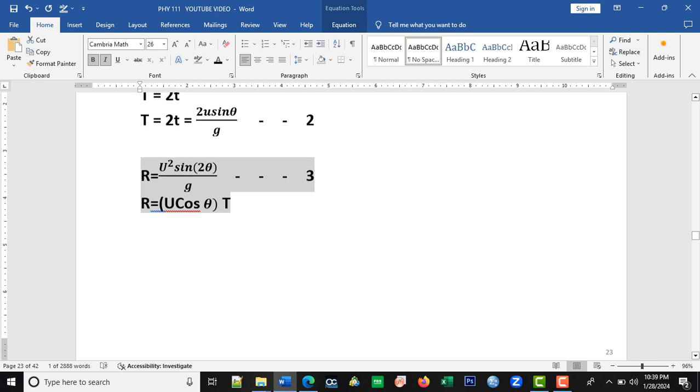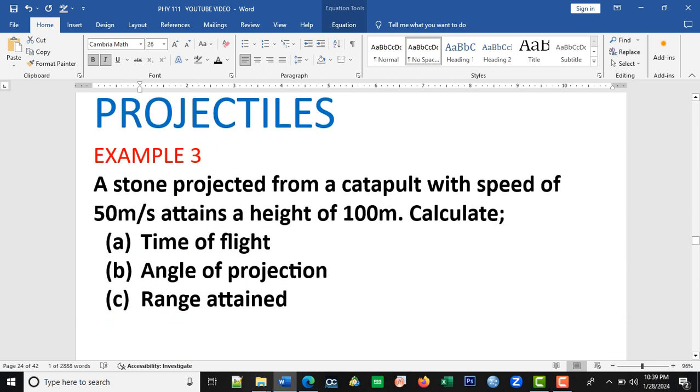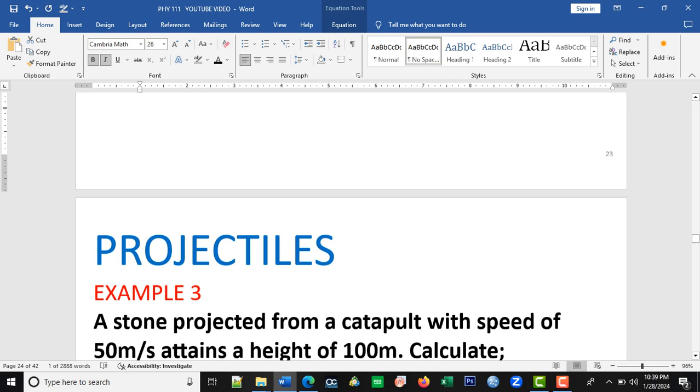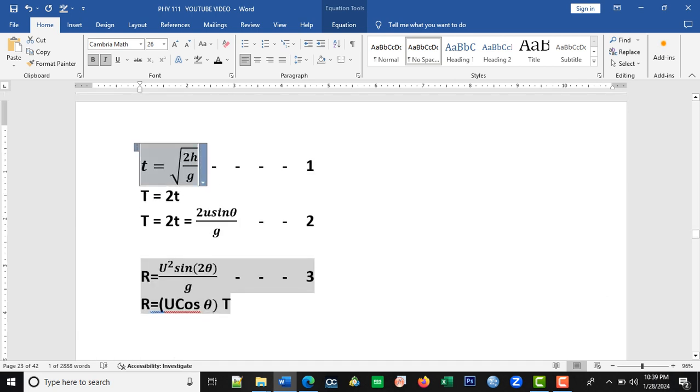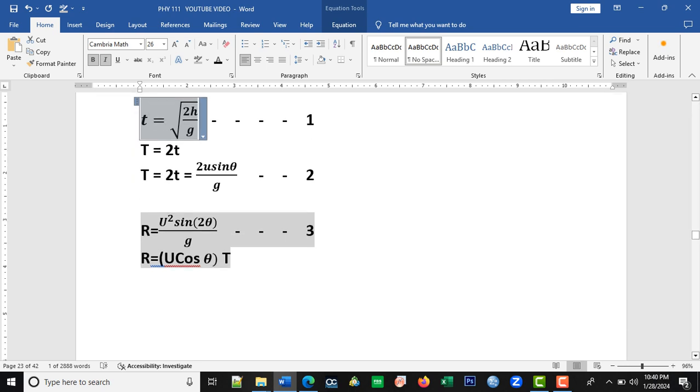So for us to get the time of flight, I've picked that expression because we have to consider what is given in the equation. So we have speed. This is initial velocity, so I will call this U, and height. So we have to pick a suitable expression that will help us to simplify and get what we want. We are going to take G to be 10. Okay, so applying equation 1 here,